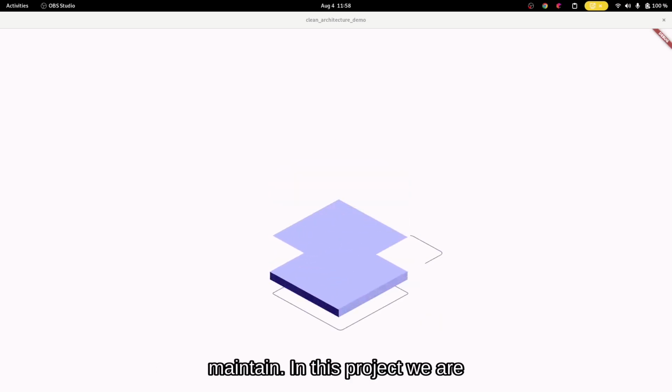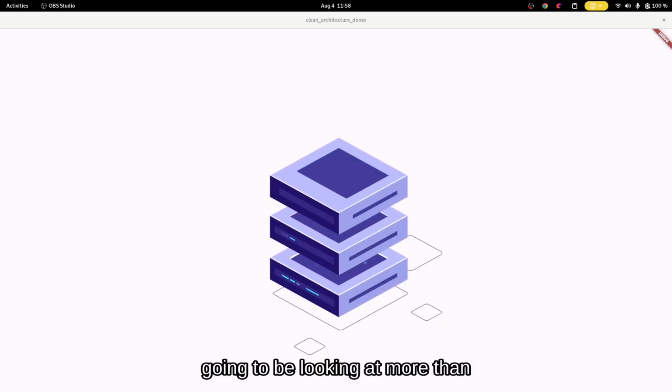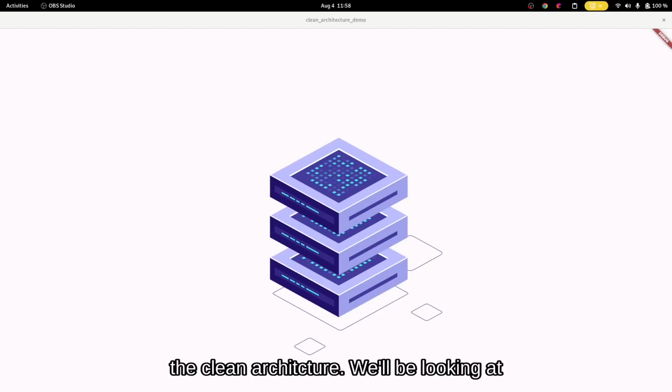easy to maintain. In this project, we are going to be looking at more than the clean architecture. We'll be looking at how to use the clean architecture and how to combine all of that with the BLoC